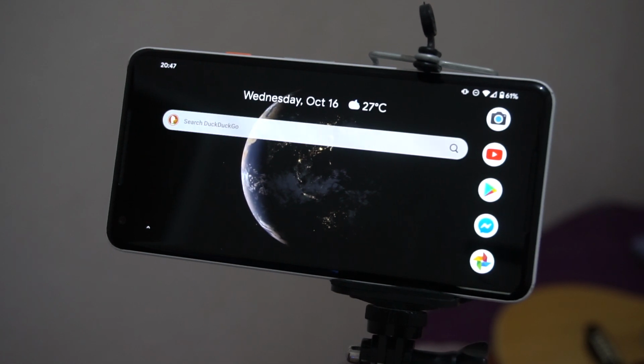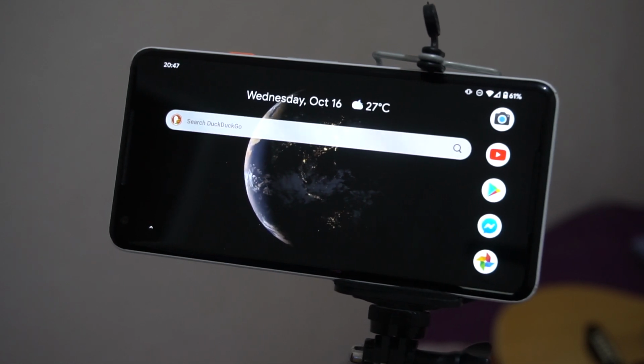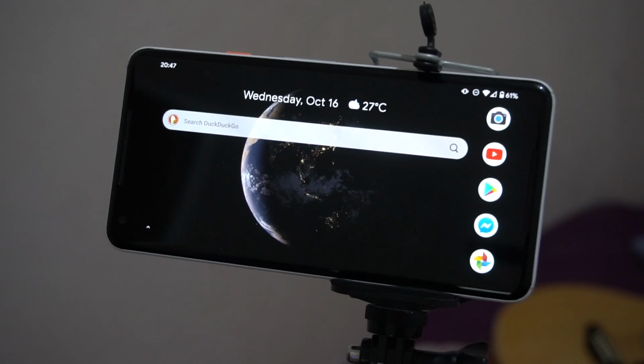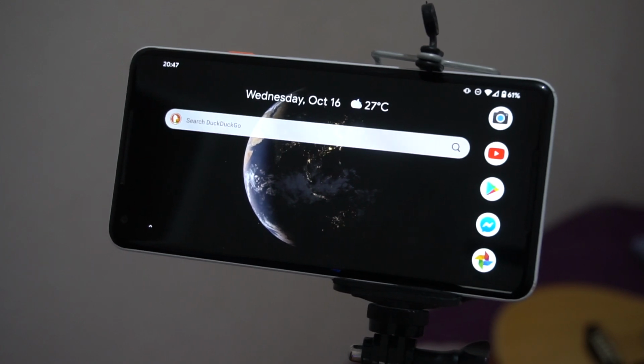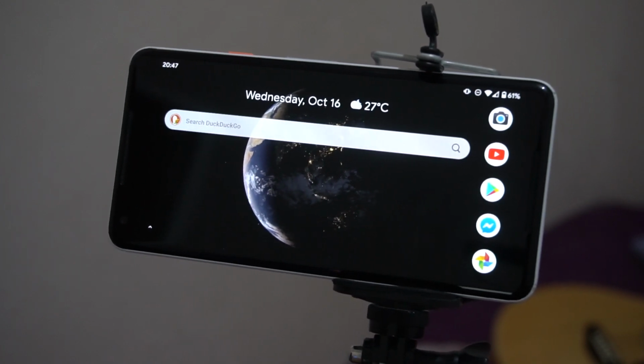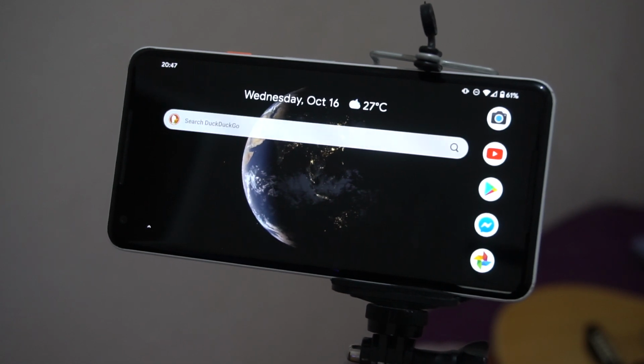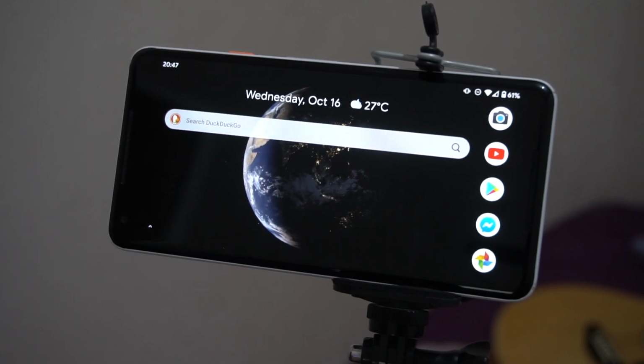The Playground feature in the Google Android app. This is the default app for Android 10 devices, and today I'm going to use my Google Pixel 2 XL with an updated version of Android 10 to show you how you can use Playground for your social media content. So Playground is basically an AR or augmented reality